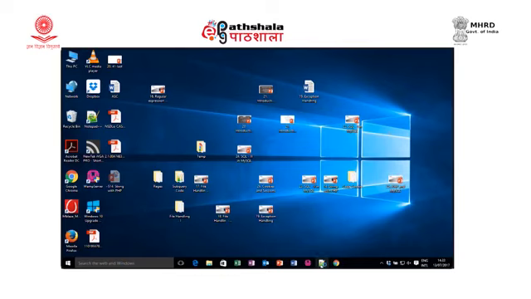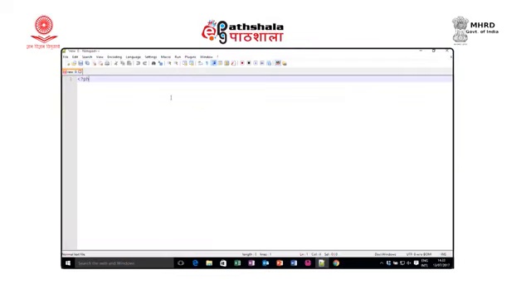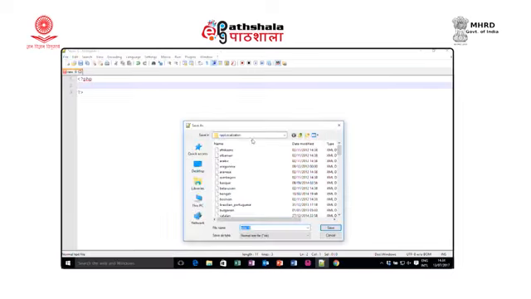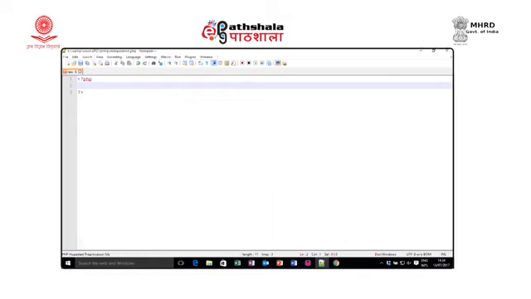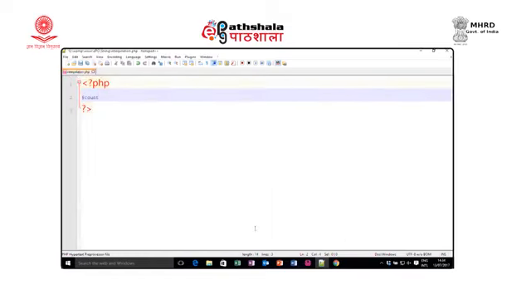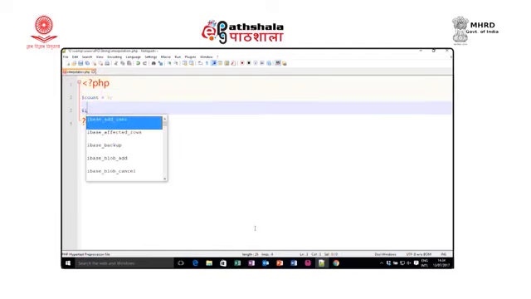Let me open my notepad file, and here I type my PHP code. I save this file using save as, and into my WAMP directory www folder I have an EPG folder, and inside it a string folder. Let me create interpolation.php to give you an example of interpolation. Let us take one variable $count is equal to 3 and $item is equal to ice cream. So, these are two variables.